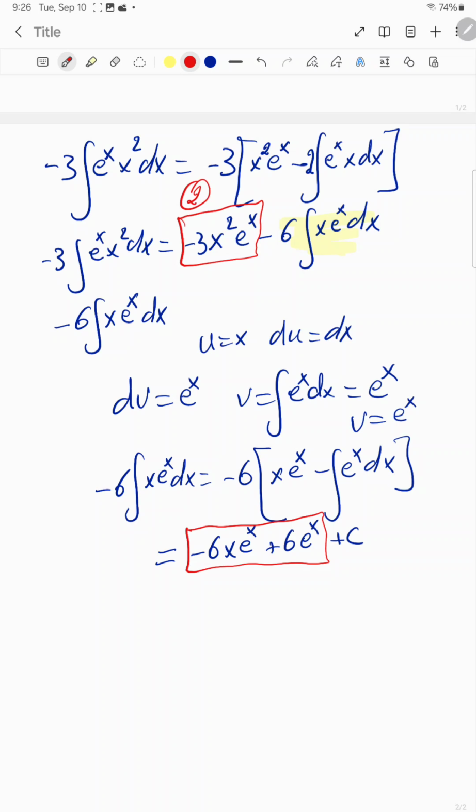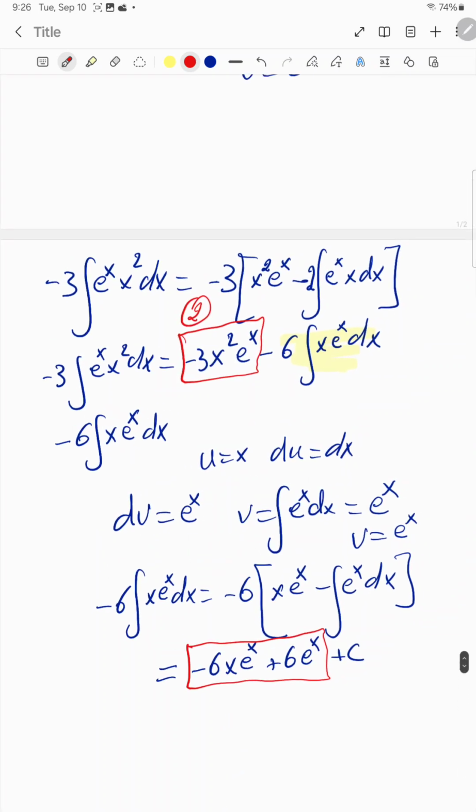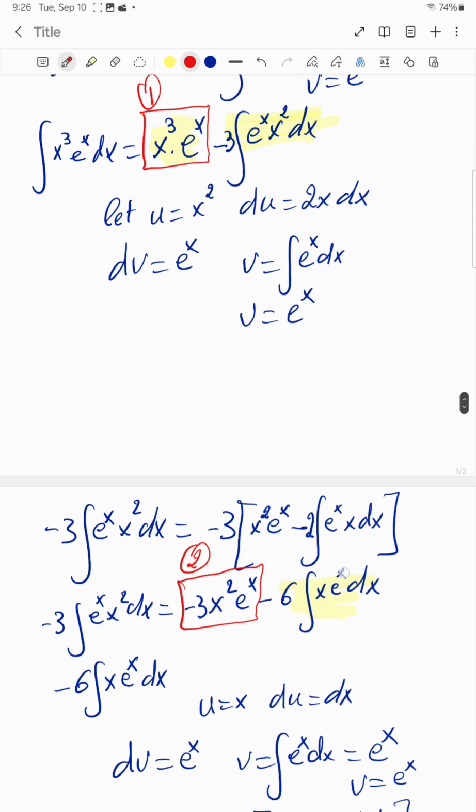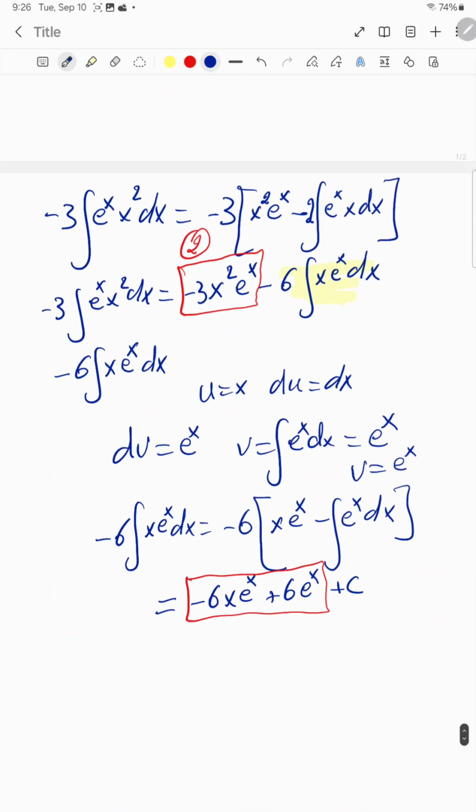And now I will copy all the terms. Number 1 was x to the power of 3 e^x. My second term is minus 3 x to the power of 2 e^x, and my third term is minus 6 x times e to the power of x plus 6 e to the power of x plus c. And if you want, I can factor out e to the power of x